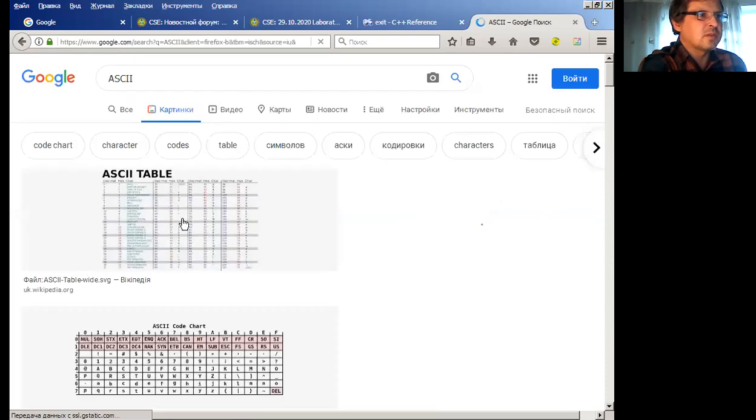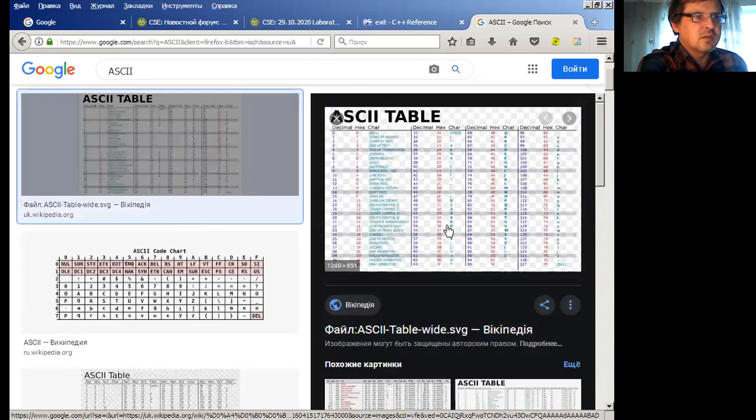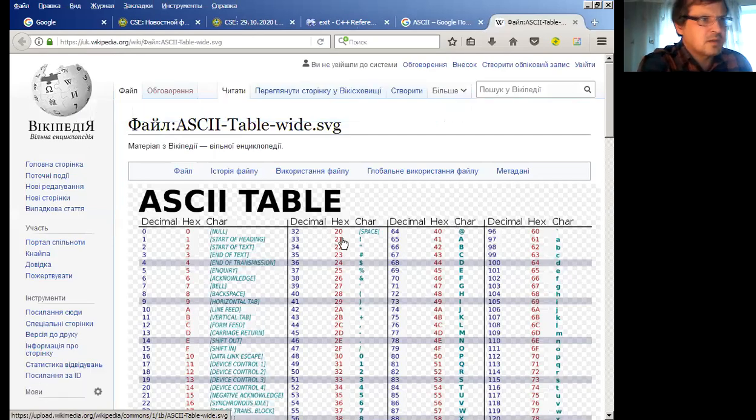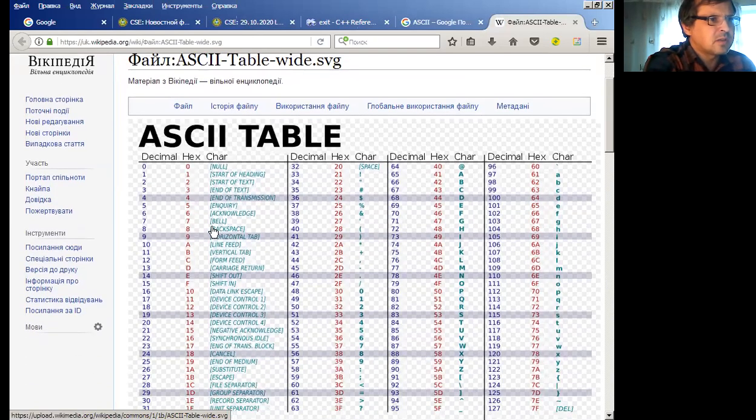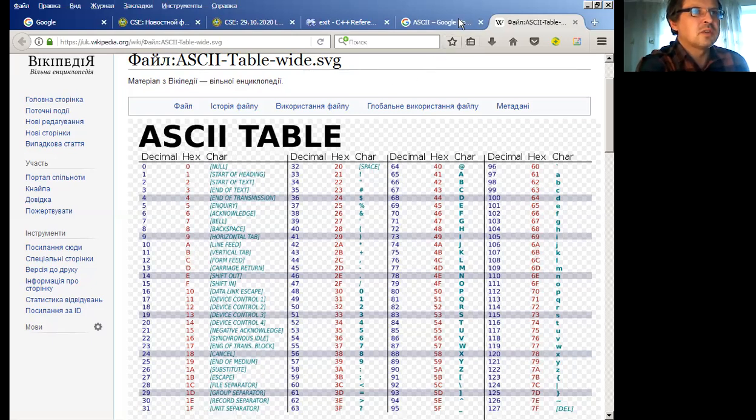For example, this. Okay, ASCII table. Decimal, hexadecimal. Return, line feed, carriage return, so A and D, 0A, 0D. So 0D is carriage return and 0A is line feed. Okay, so let us stop the demonstration and let us go to the